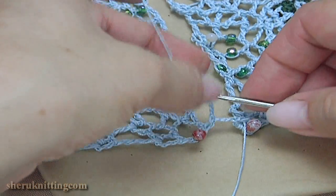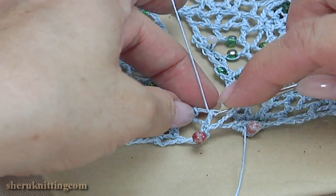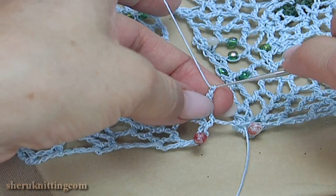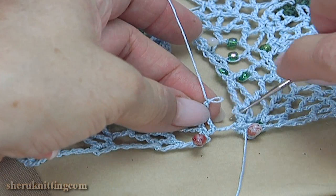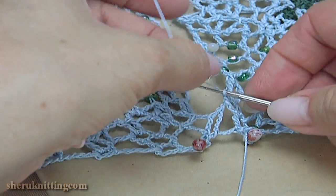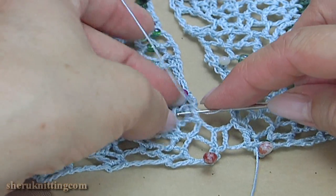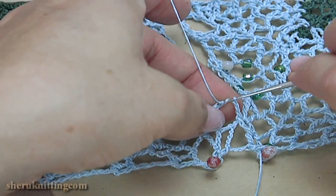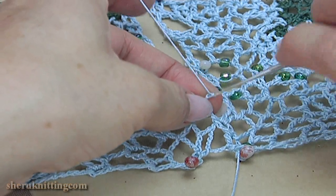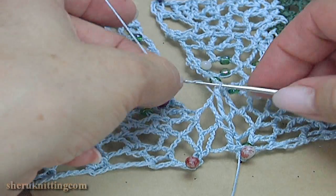2, 3, 4, yarn over the hook, insert the hook into the chain space, make double crochet, chain 1, remove the hook, insert the hook into the chain space, take the working loop, pull it through, chain 1, 2, 3, yarn over the hook, insert the hook into the chain space, make double crochet, chain 1, 2, remove the hook, insert the hook into the chain space, take the working loop, pull it through,